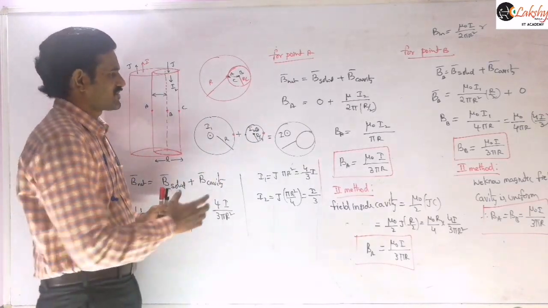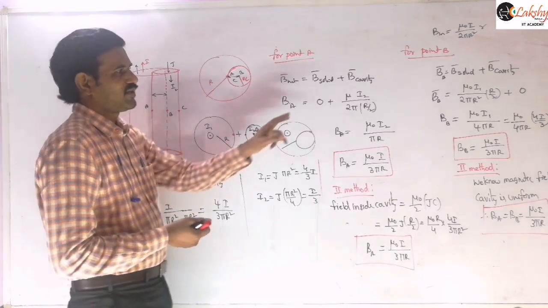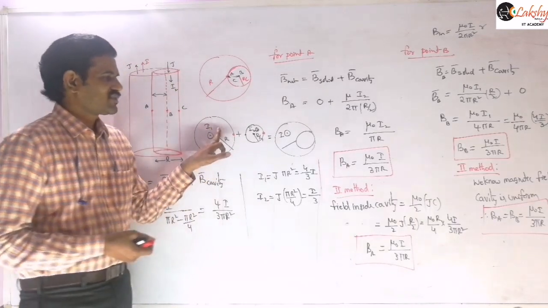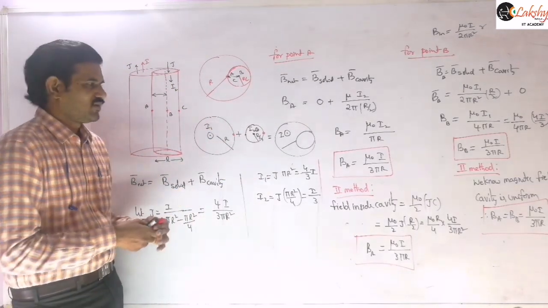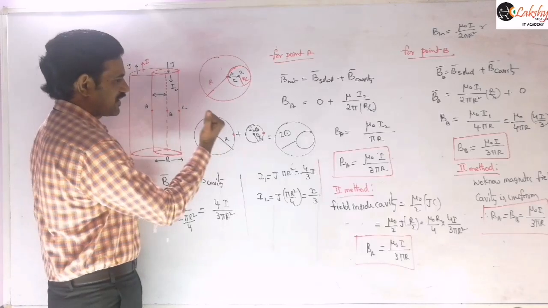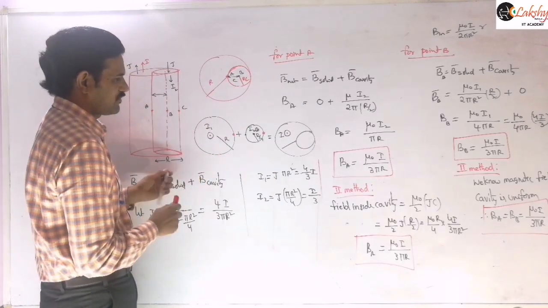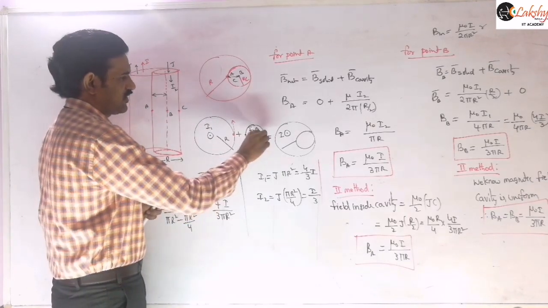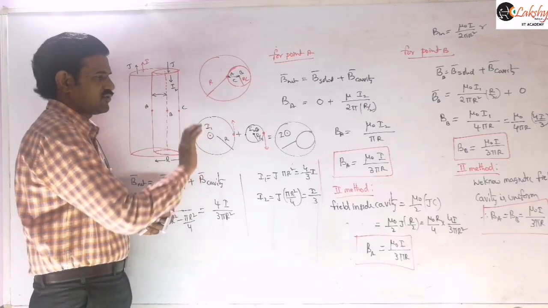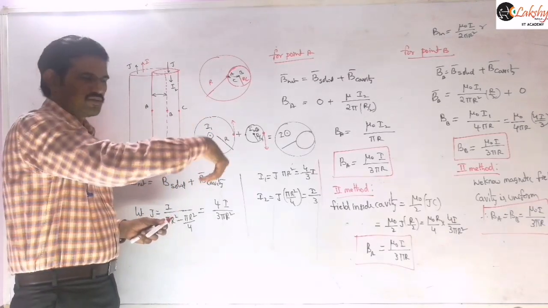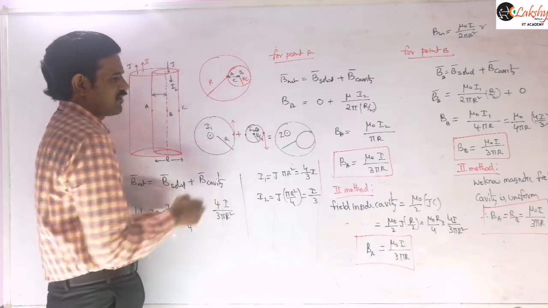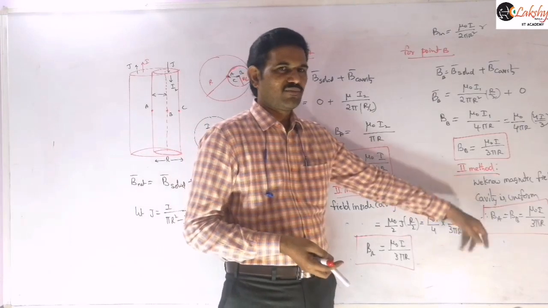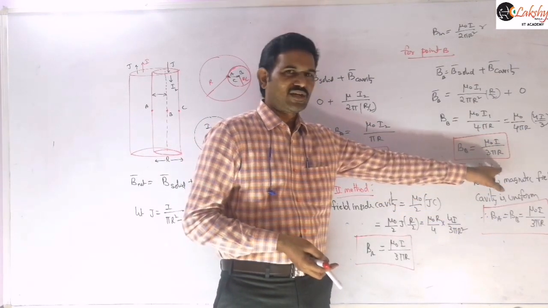Because those currents are in opposite directions, when both terms are not equal to 0, you will get this negative sign here. If the magnetic field due to this is positive, then the magnetic field due to this will be negative. Simply, for point C, if the magnetic field due to this current is out of the plane, the magnetic field will be upwards here, and for this you will get it downwards here. If current is flowing into the plane, then the curved lines will be there like this. So the magnetic fields due to these two will be in opposite directions, so we need to subtract them. Do that calculation for point C here, and finally prove that we are getting the same value.